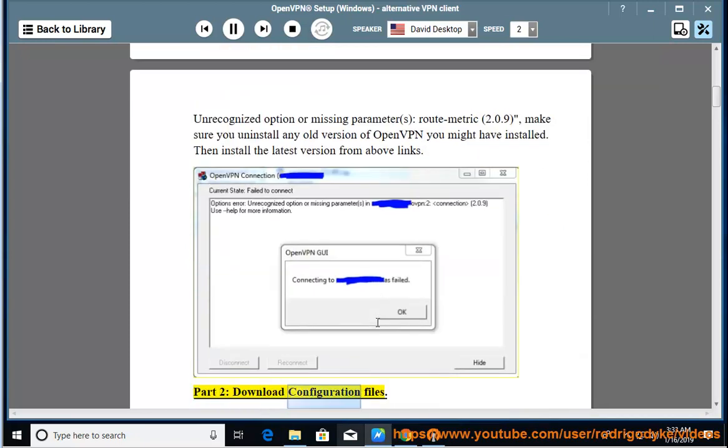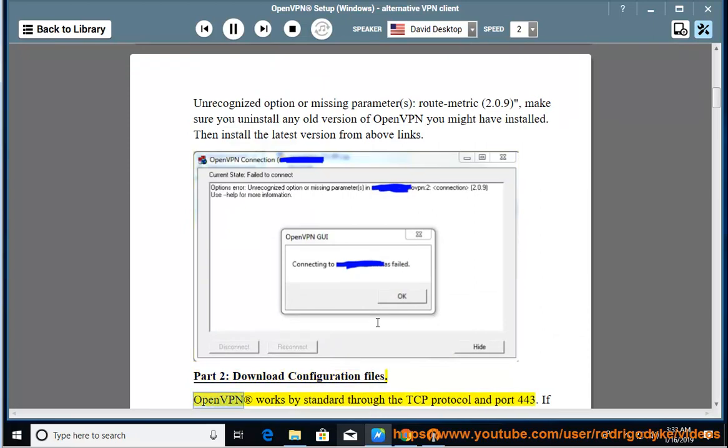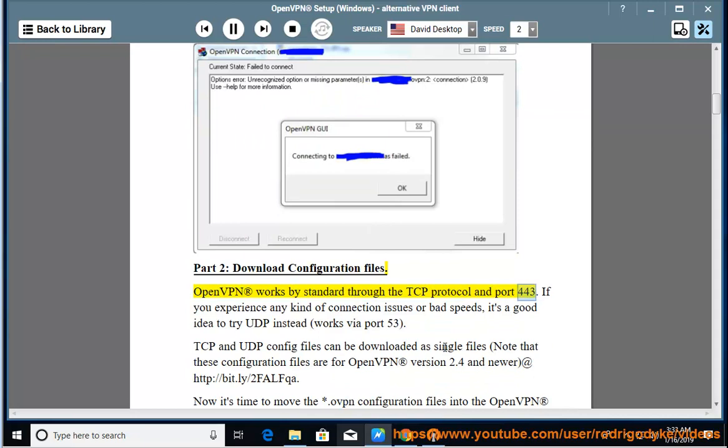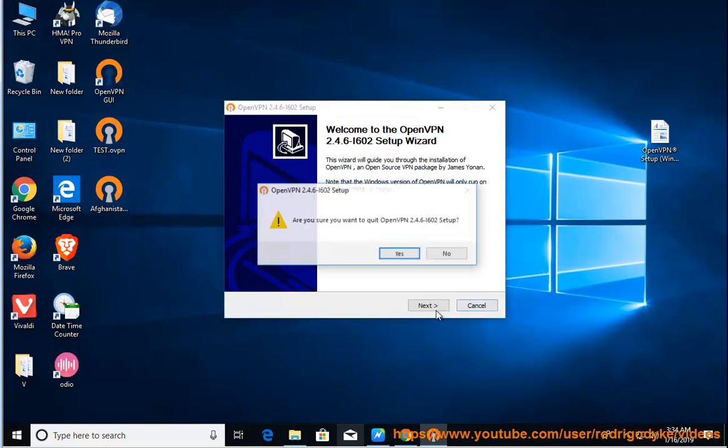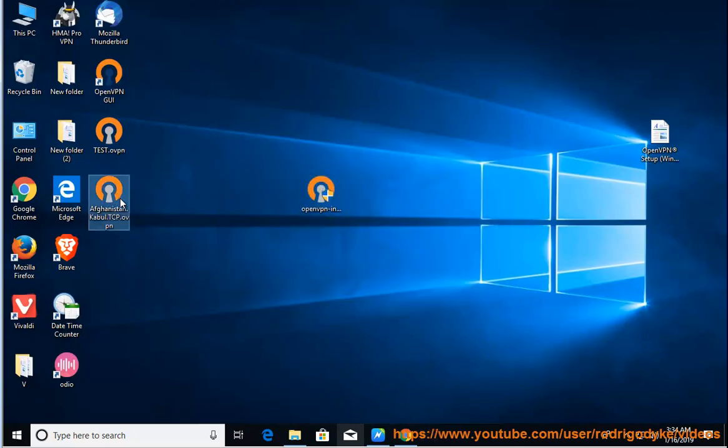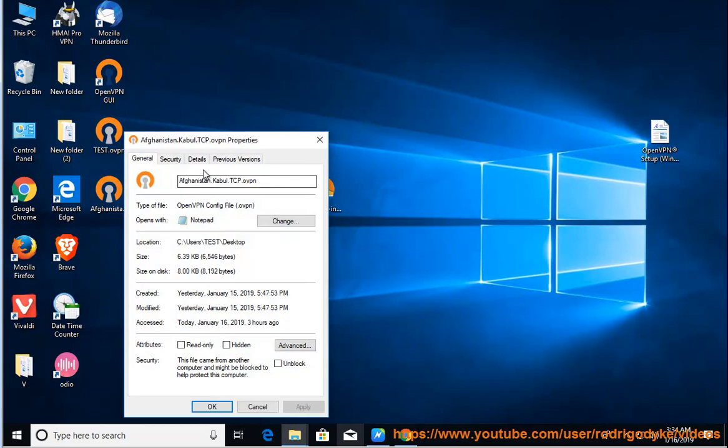Part 2, download configuration files. OpenVPN works by standard through the TCP protocol and port 443. If you experience any kind of connection issues or bad speeds, it's a good idea to try UDP instead, which works via port 53. TCP and UDP config files can be downloaded as single files. Note that these configuration files are for OpenVPN version 2.4 and newer, at